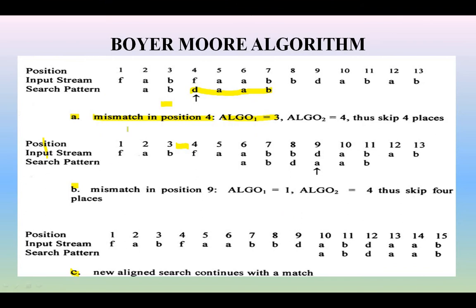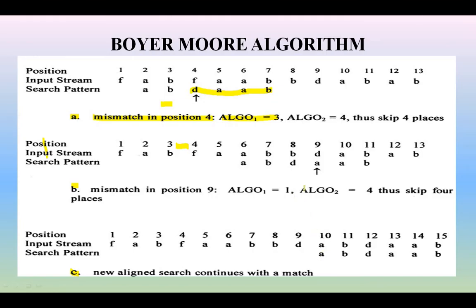Now coming to the second step, you started at the second position in the first step, and again it is 4, so you skip 4 places. Again you have started from the sixth position. So the comparison will occur from right to left, b b a a. The mismatch occurs at position number 9. So what is algo number 9? In the coming step, the mismatch occurs at the 9, so you have to start at the 10th one.